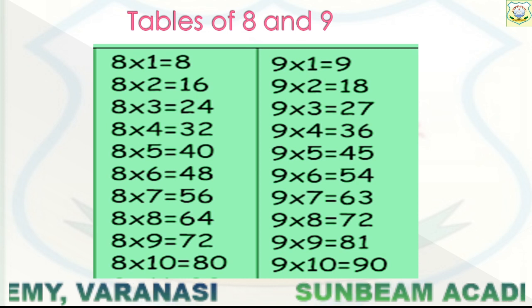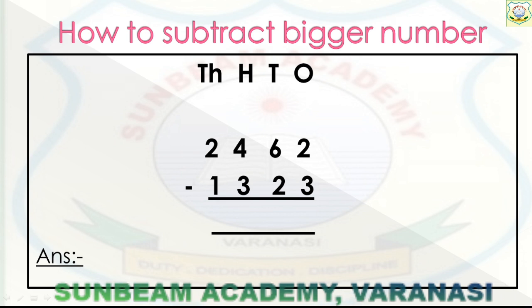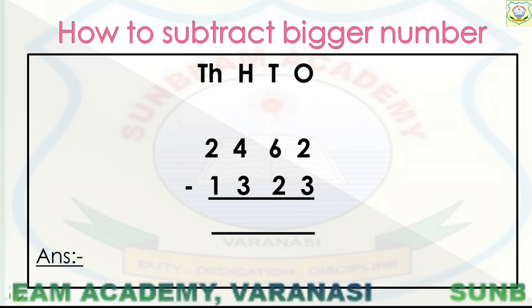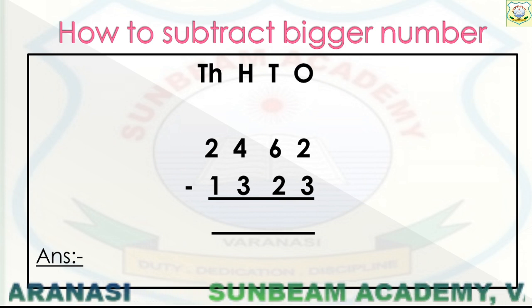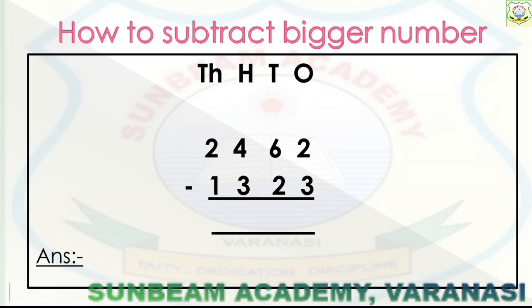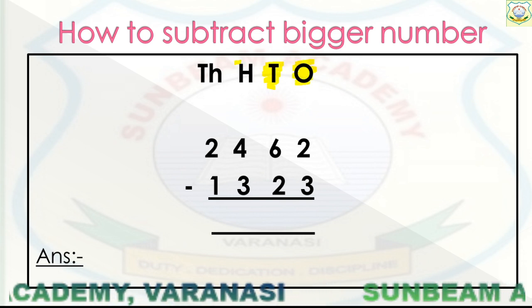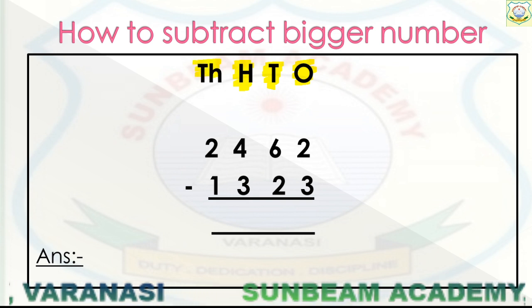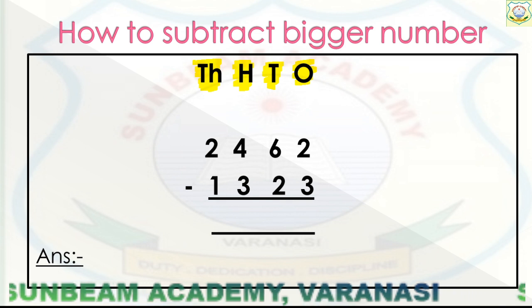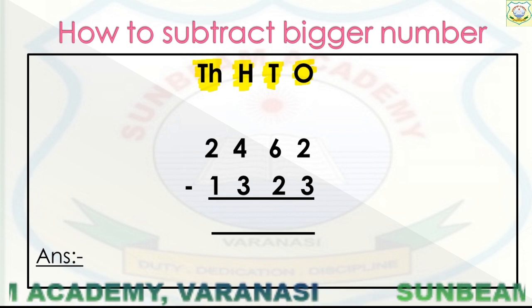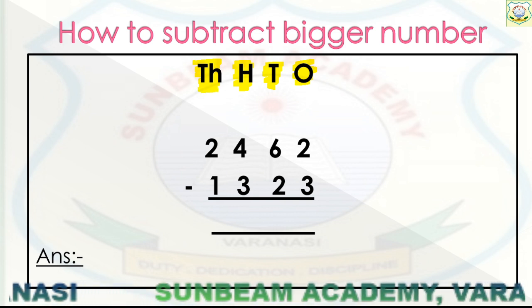So now let's start the subtraction of bigger numbers, right? So first understand the bigger number. Why are we calling it a bigger number? Because there are ones place, tens place, 100 place and 1000 place. Right, before today's class, you were doing up to the 100 place. It is bigger because now we have 1000 also, right?